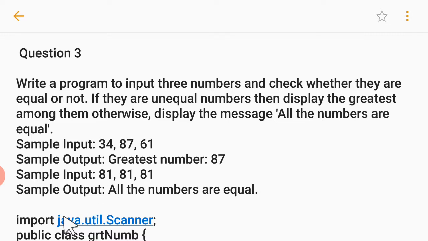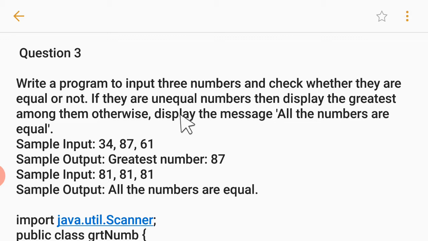Alright everyone. Now students, I want to discuss the solution, the basic steps or the important steps of this program. Students, first I need to input three numbers. So to perform the input, I need the scanner class and its object will be created, and I need three variables where the three numbers are going to be stored. Three variables are required. Which type? Integer type. So int type three variables are required.